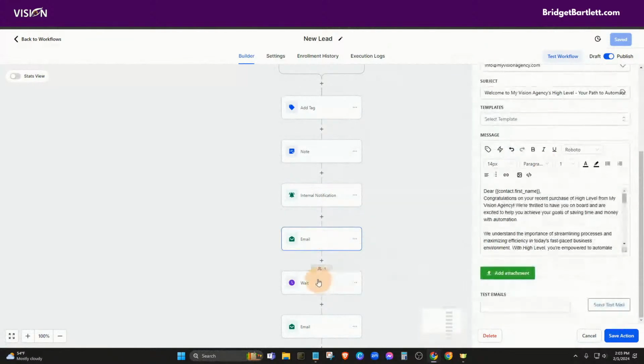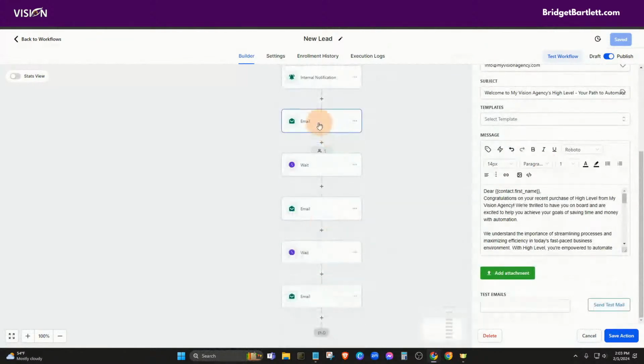Now, in this example, we have 3 different emails that we're going to send out. But what happens after that? I get this all the time. What happens after this? How do you continue to follow up with them? So I'm basically going to give you a crash course on some of the ways that you can nourish your leads using HighLevel. This is honestly my favorite part of HighLevel